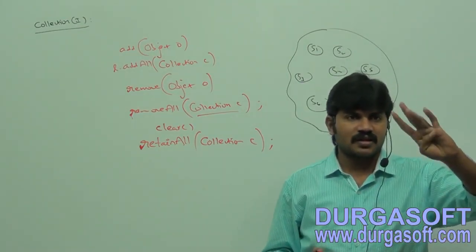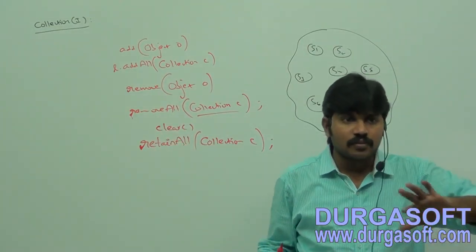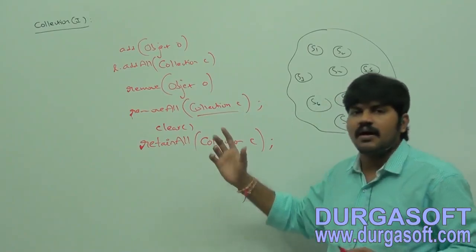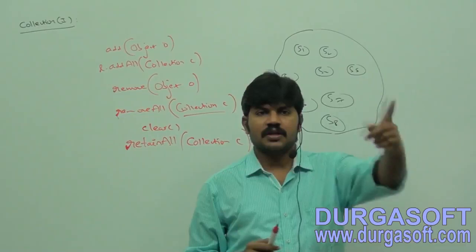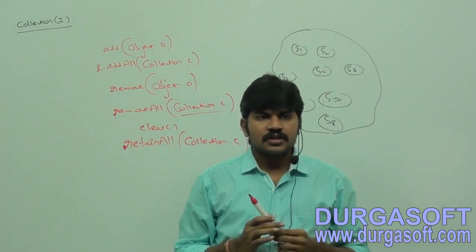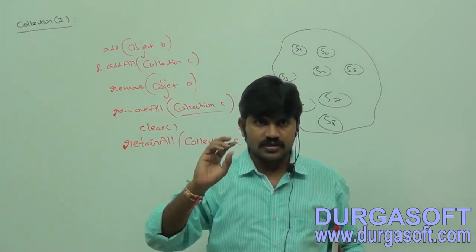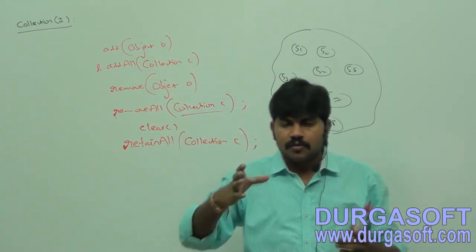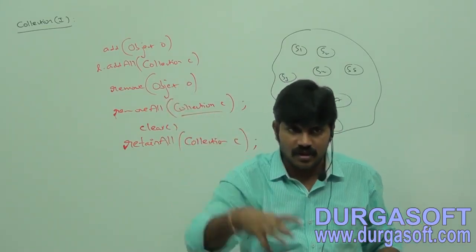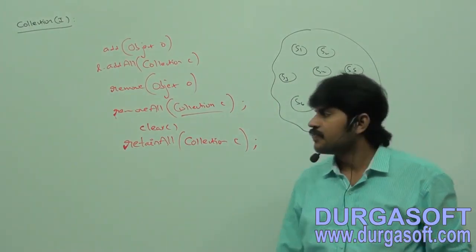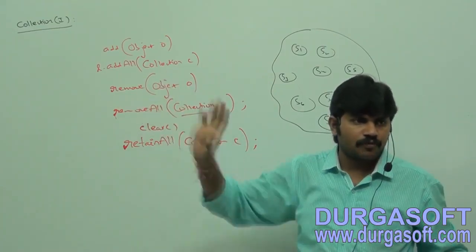There are 4 remove methods: normal remove, remove all, clear, retain all. The retain all method is also for removal only, but except this group, all the remaining objects by default will be removed. Best example: suppose in our class, is there any person named Ravi? Can you please go out? Don't go really, it's just an example. I want to remove a particular student from this class. Then which method do we have to use? Remove of Ravi. Then Ravi will be removed from my collection.